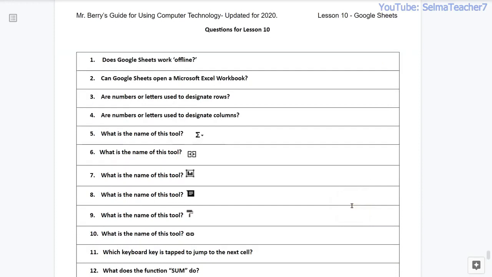Question number 1. Does Google Sheets work offline? Question number 2. Can Google Sheets open a Microsoft Excel workbook or worksheet?